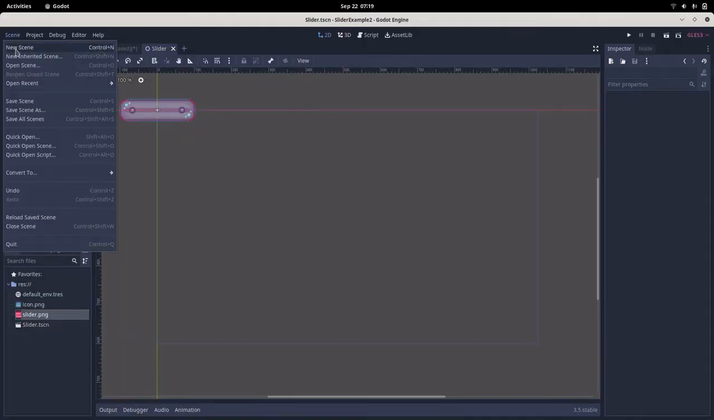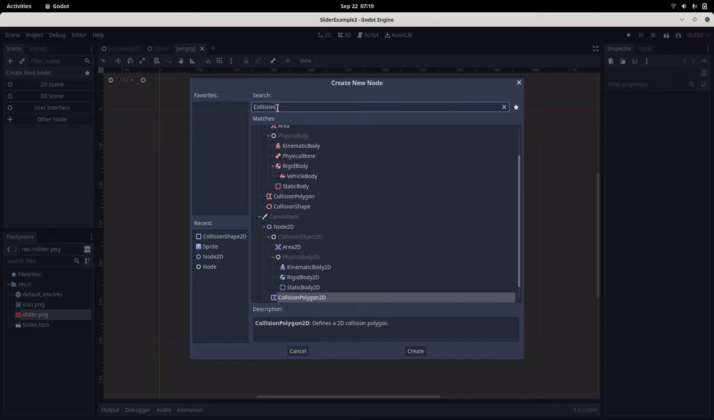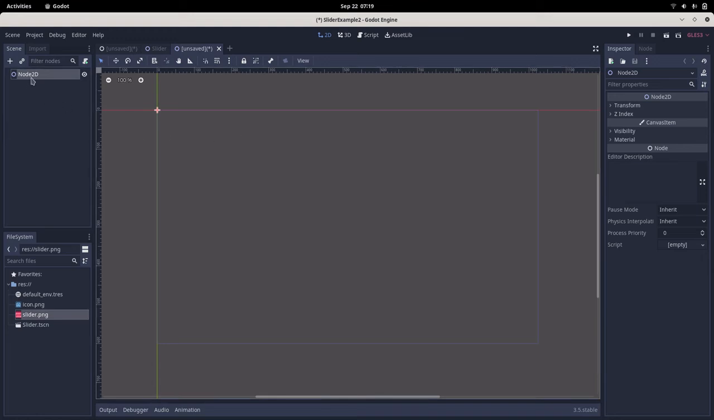Okay, so let us go to create new scene. In this, let us go into other nodes and select Node2D as our parent node for this scene and name it horizontal slider. Now in this horizontal slider, we are going to utilize the slider sprite that we have created,